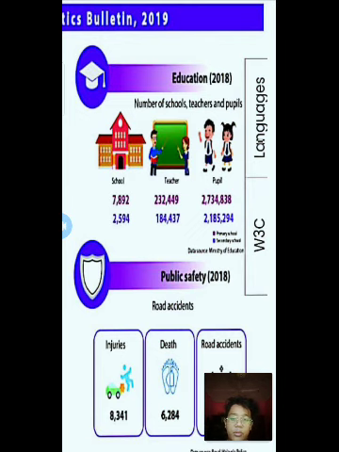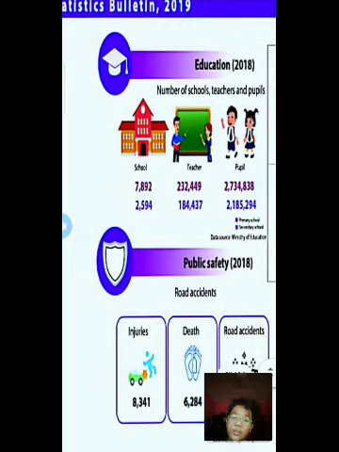Secondary schools almost 2,500 schools in total. You can see teachers in primary school are almost 200,000. In secondary school it is almost the same, almost 200,000. And the pupils, the children who study in primary school, are almost 3 million. Secondary school has over 2 million students.